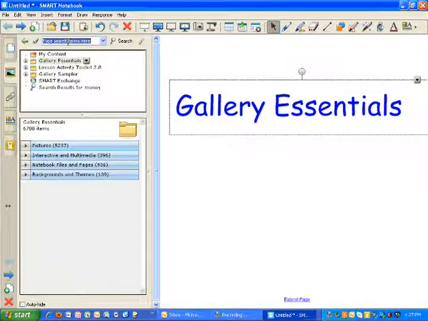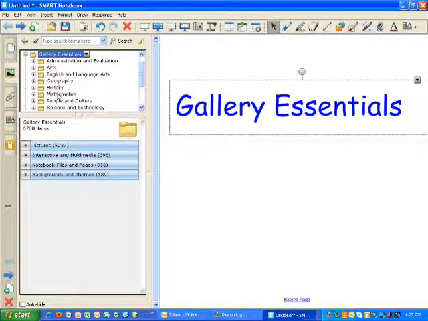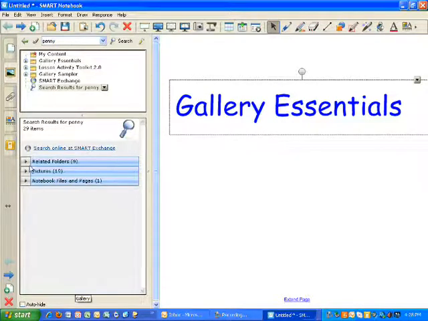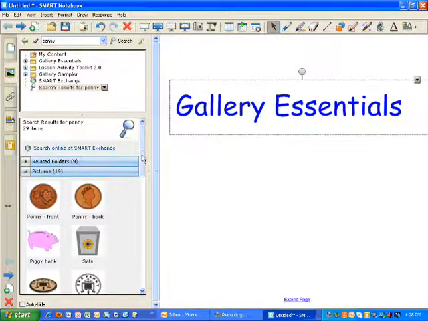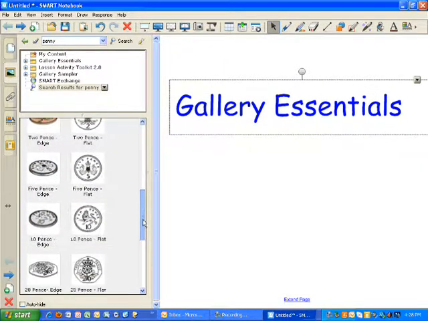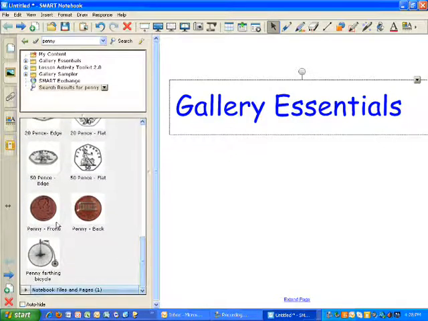So if I'm looking for something with money and I want to insert a penny, rather than trying to open up Gallery Essentials and go to math and find money that way, I can just type in what I'm looking for in the search bar. If I click penny and search for it, I have a bunch of folders that will come up. If I click on pictures, here I have different pictures that are associated with the penny. So if I scroll through it, I finally find the penny that would be relevant to the math that we're